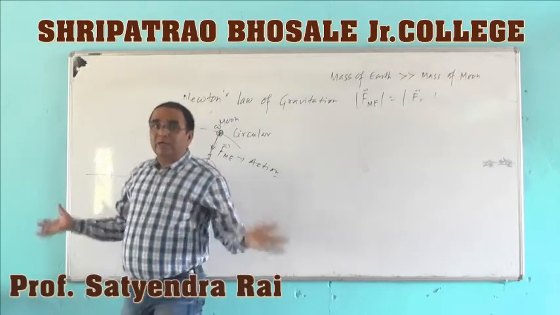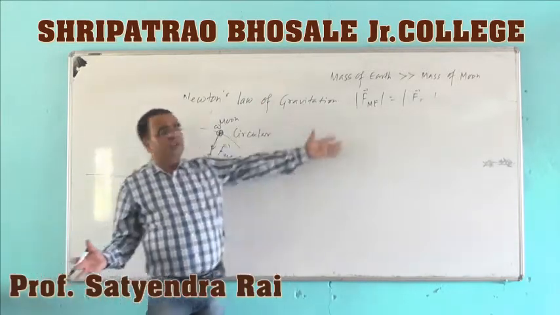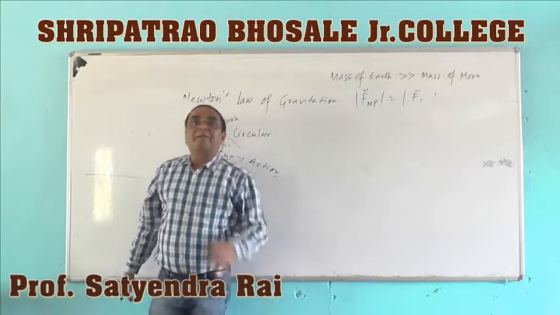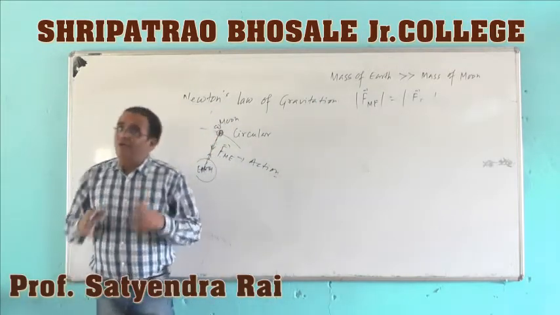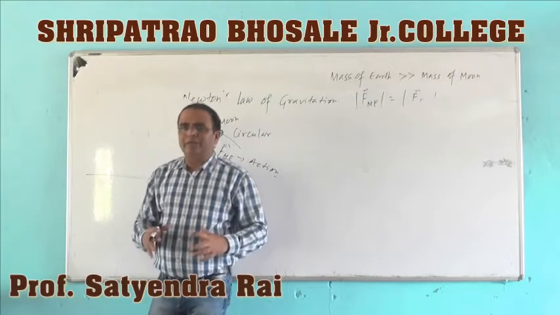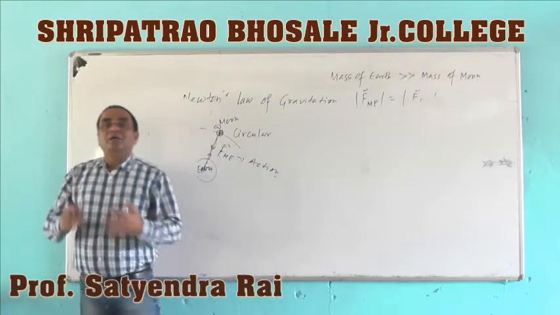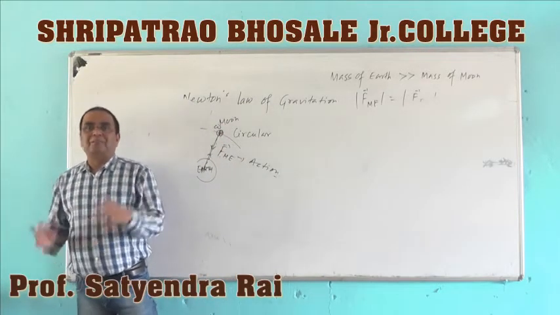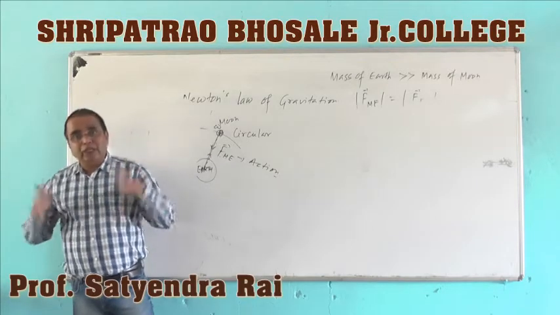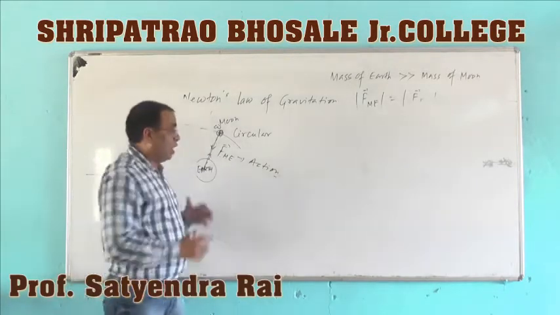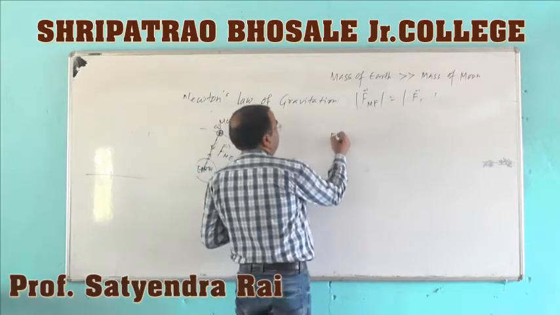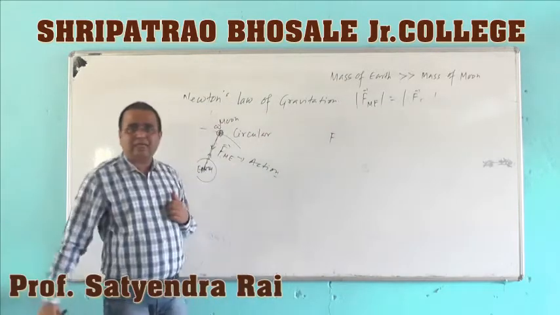As you have seen, the mass of the Earth is quite larger than that of the Moon, but the pull of the Earth is just equal to the pull of the Moon. That means they pull each other with equal forces. So how to frame it? The interaction forces: